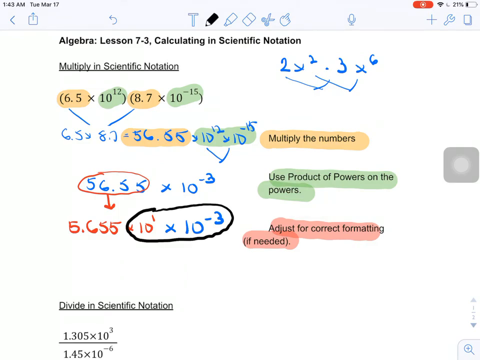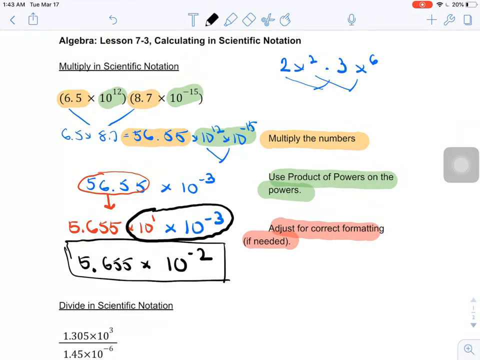So again, I can use my product of powers. If you're multiplying two numbers with the same base, add the exponents. So if I add the exponents, 1 plus -3 is going to give me an overall exponent of -2. So my final answer would be